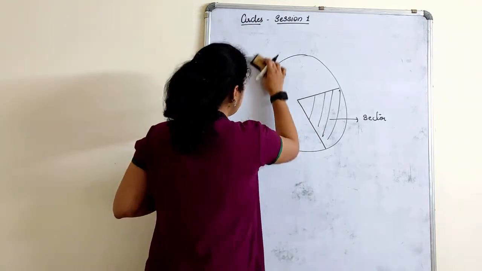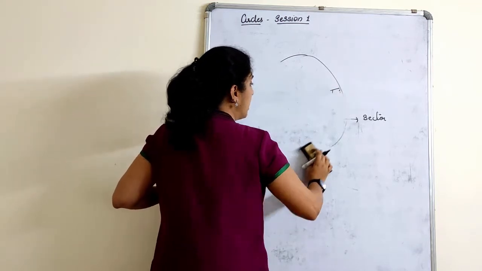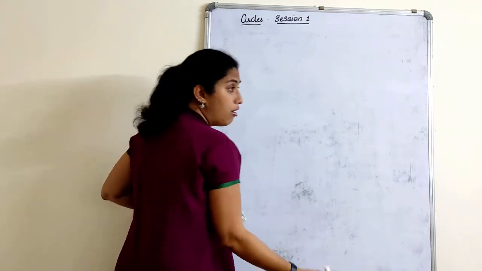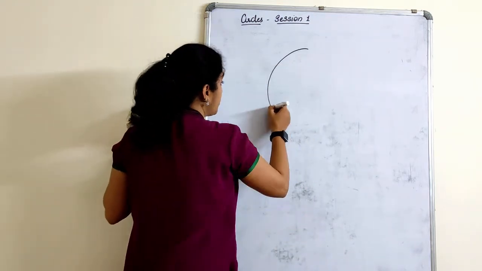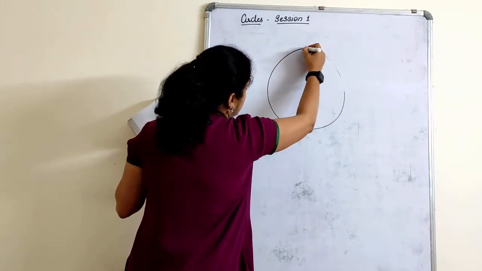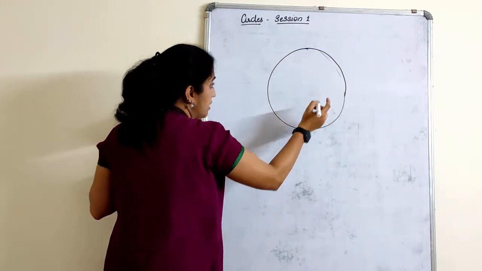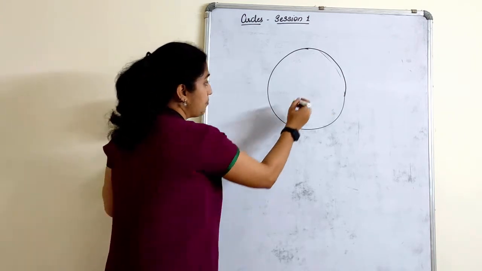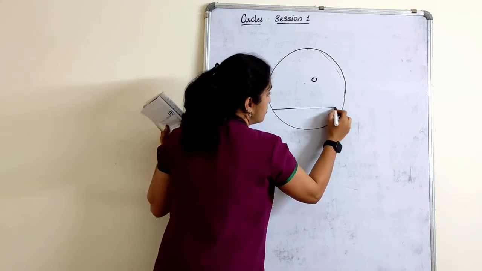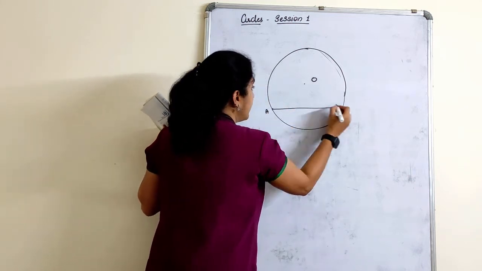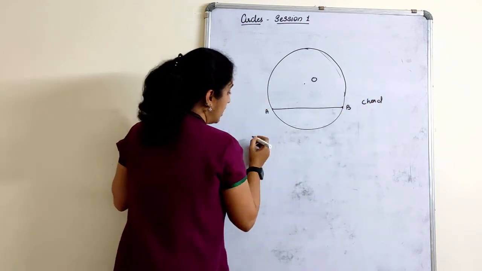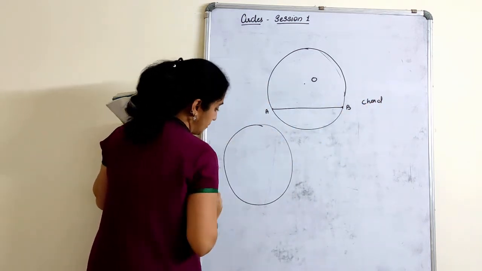Next, let us learn a few more things about line segments with respect to circle. Now we know only about diameter, chord and radius, right? So now see here. In your book, children, please don't do any freehand drawings of the circle. Now this is center O. Now suppose I draw here, AB is what? Chord. Okay.